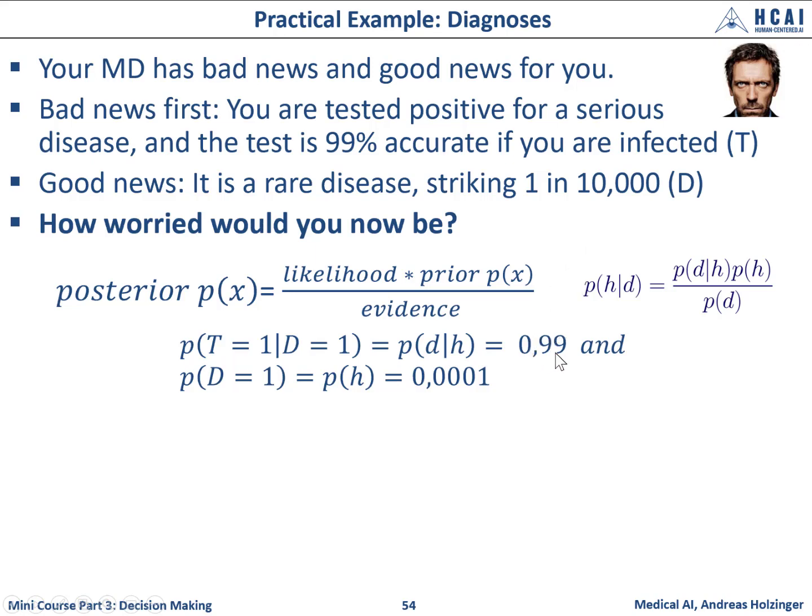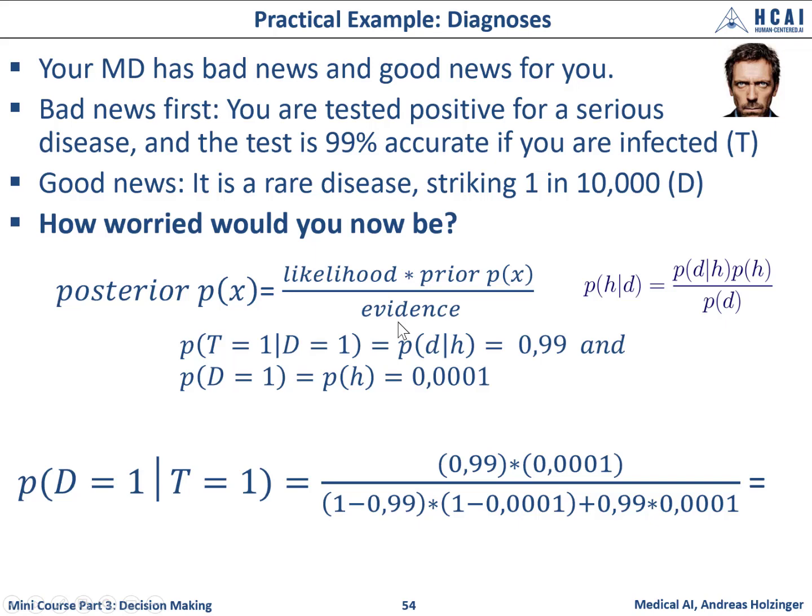And P of D is 1, and this equals P of H, the hypothesis, this term, is 0.001, okay? And now you set it into this formula, likelihood, prior, evidence,